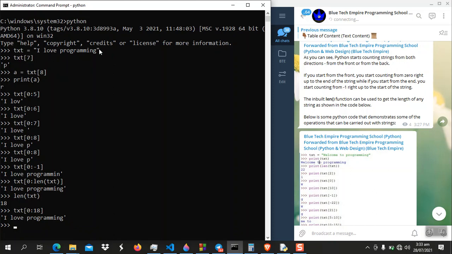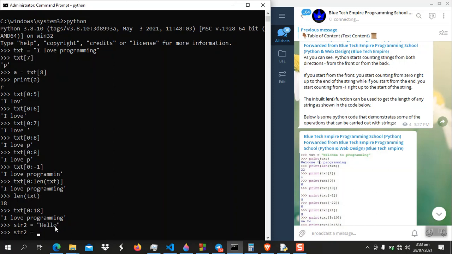For example, if you know the last index of a string, let's say we have the string str2 equals hello. In this case, we can easily calculate the last index: 0, 1, 2, 3, 4. We know the last index is at 4, so to extract this string completely, we can say str2